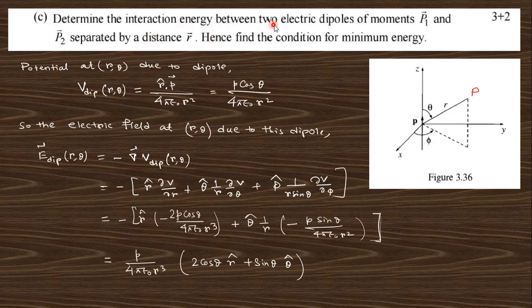Determine the interaction energy between two electric dipole moments P1 and P2 separated by a distance r. So two dipoles are separated by distance r. Find the condition for the minimum. You know the dipole potential due to a single dipole is like that, P cos theta by 4 pi epsilon r